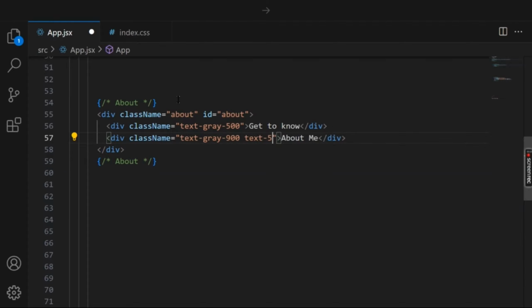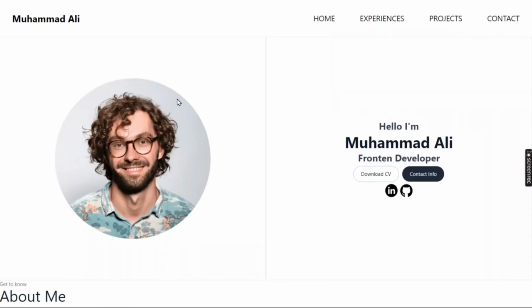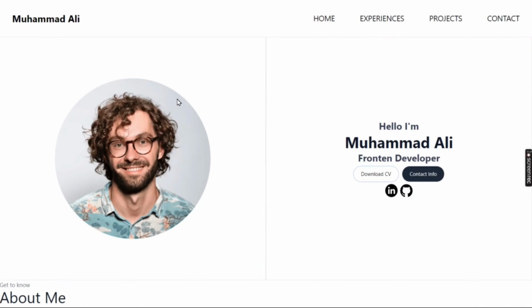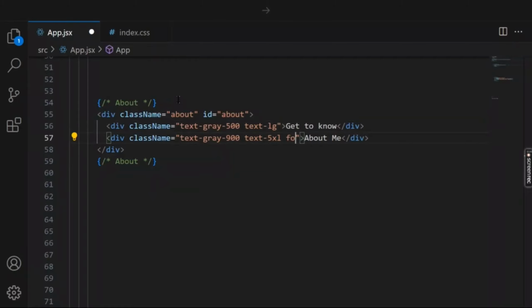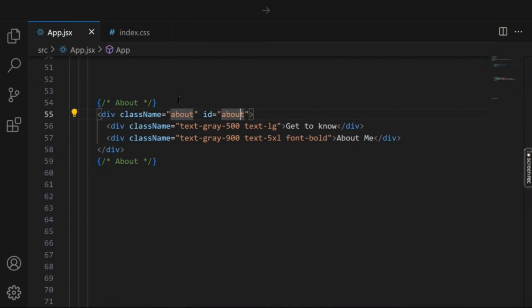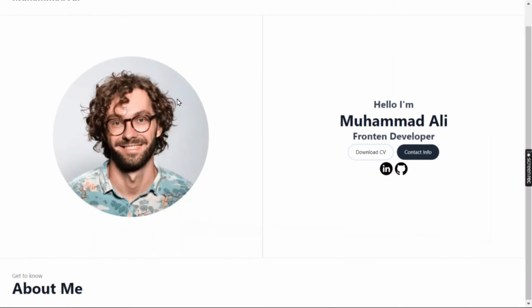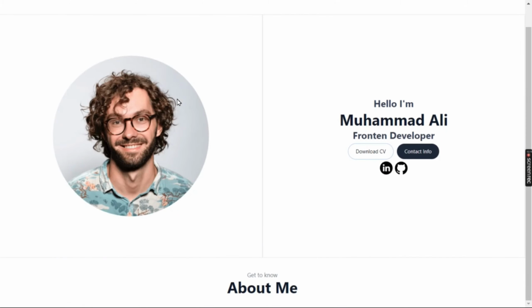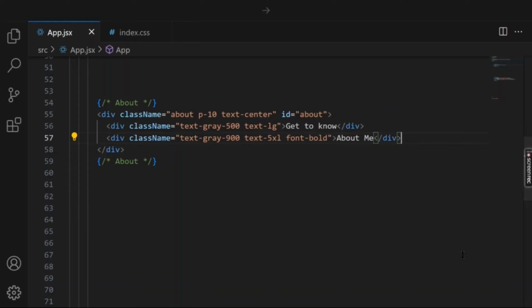So after that we need 2 tags. The one text will be get to know, and the second text will be about me. So these are the 2 tags which we are going to use, and this section will be having a padding of 10, and the text will be centralized. So below these 2 tags